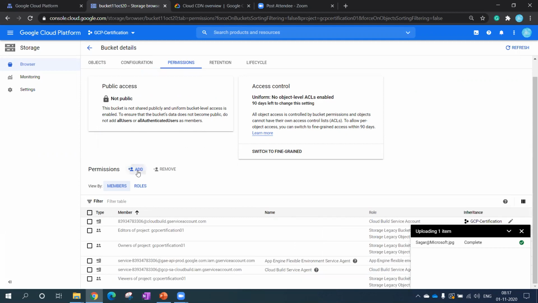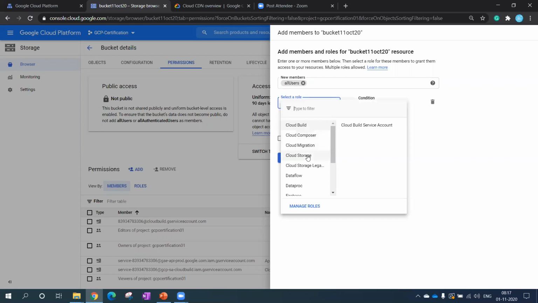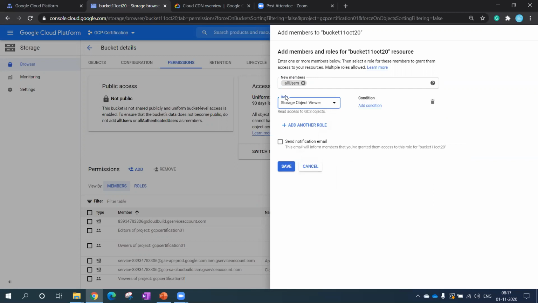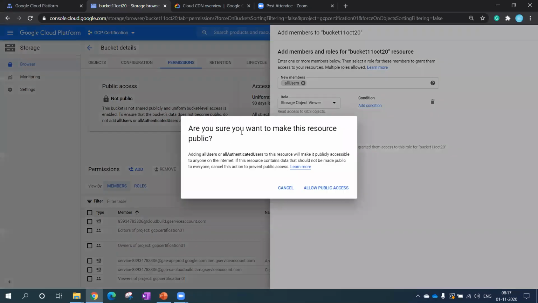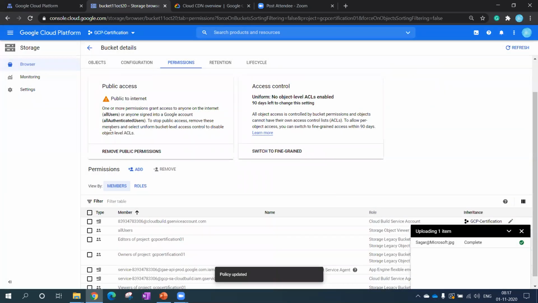I'm clicking on add, all users. Providing the permission of cloud storage object viewer. By doing this, I'm making this bucket public. It will tell me what the possibility of this is. So I want to go with the public access. Now my bucket is public.